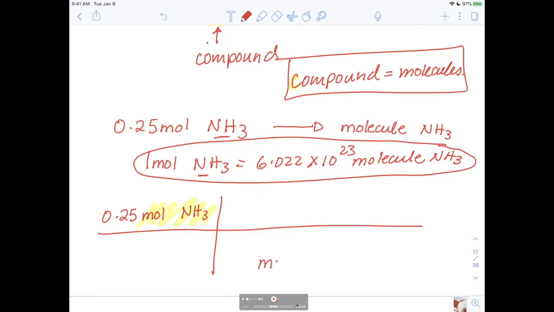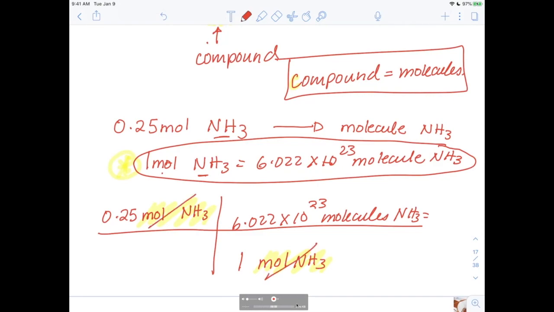So I have to have some number mole of NH3, and these have to match diagonally. Well, I'm going to be using this, and this becomes a ratio. So the 1 mole goes in the bottom, and the 6.022 times 10 power 23 molecules of NH3 goes on top. These units cancel out because they match diagonally across. And then my answer